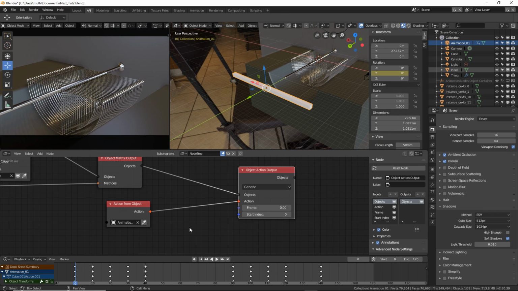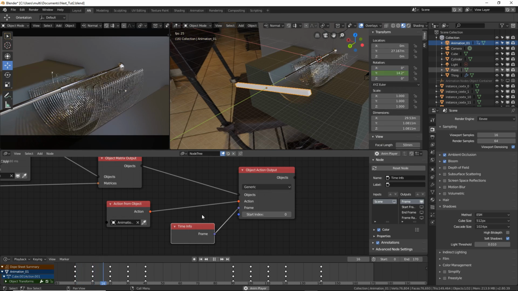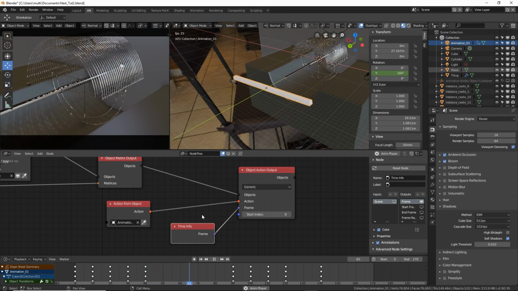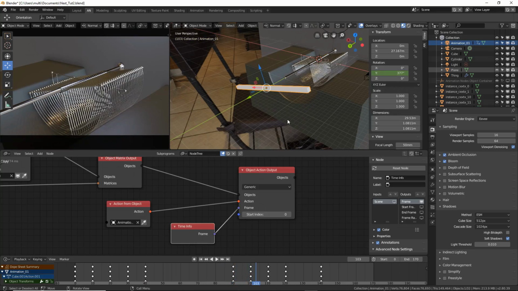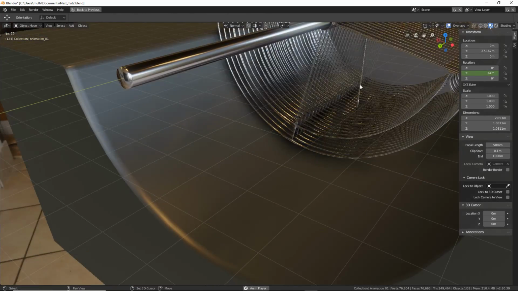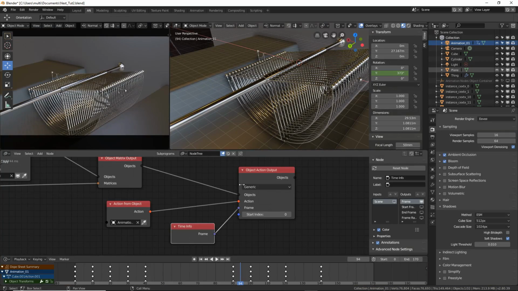To animate that, we just need a time info node, connect that. If I play the animation, you can see what's happening. Now we want a delay in each element so that it looks beautiful.